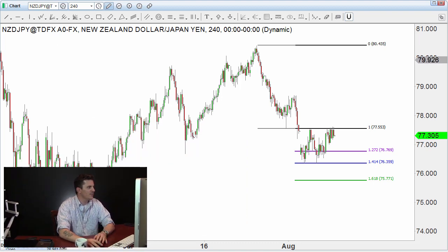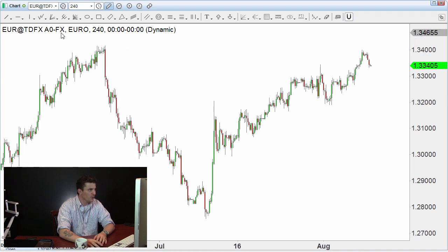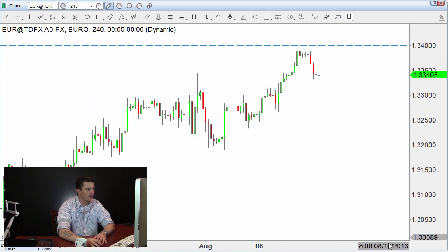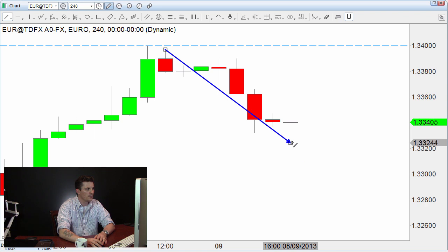Let's not start with New Zealand yen. Let's go ahead and go back to the euro. Euro has run right up into structure, right there around 3400s. We don't really have a trade here unless, zoom in here, unless we can get a double top here. If we can get a double top,